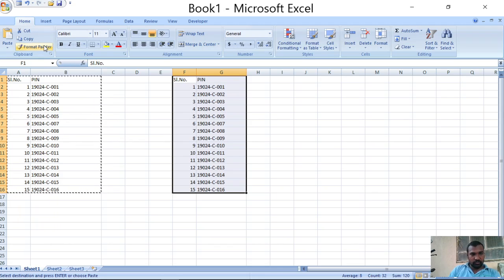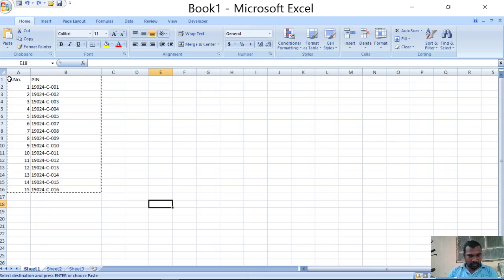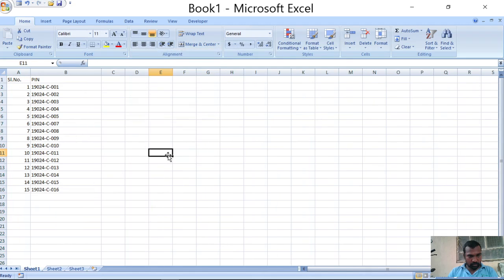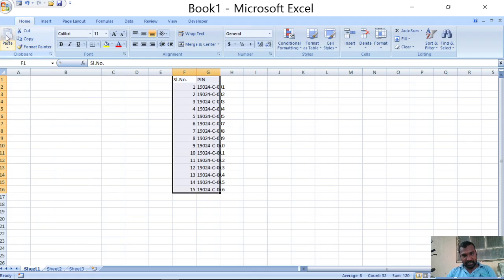Okay. For example, I am selecting all the cells and performing the cut operation, and again I am placing it on F1 and performing the paste operation.